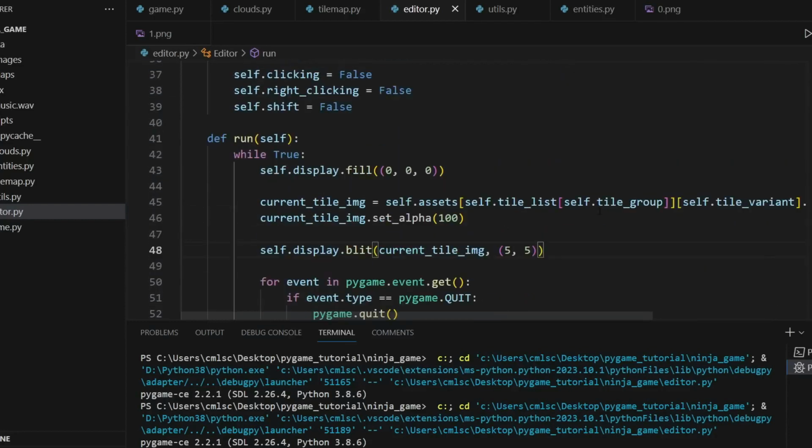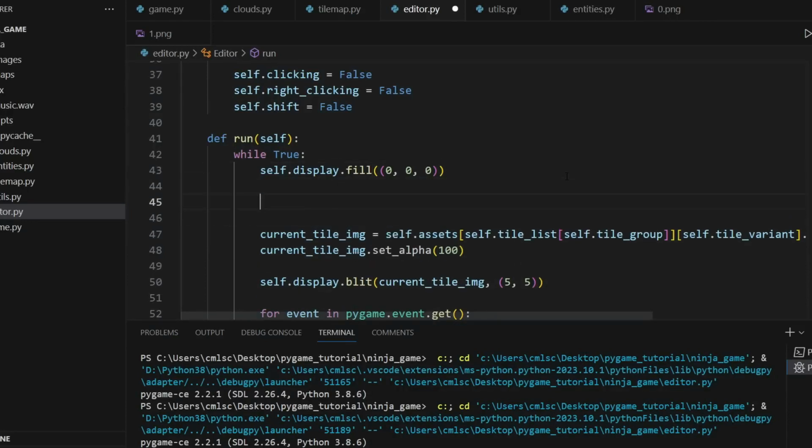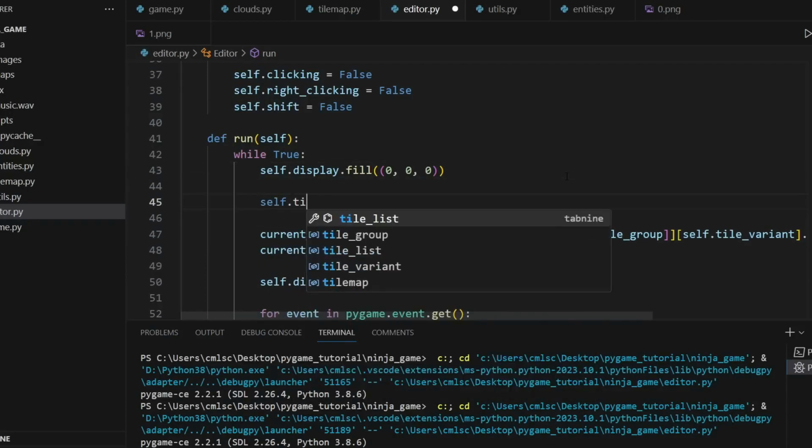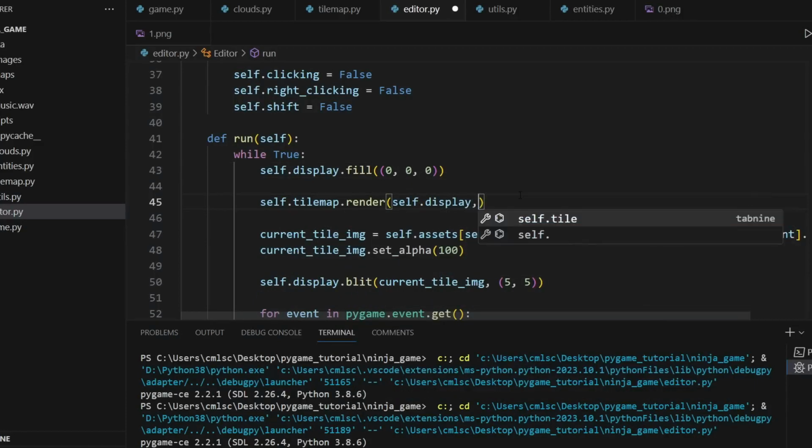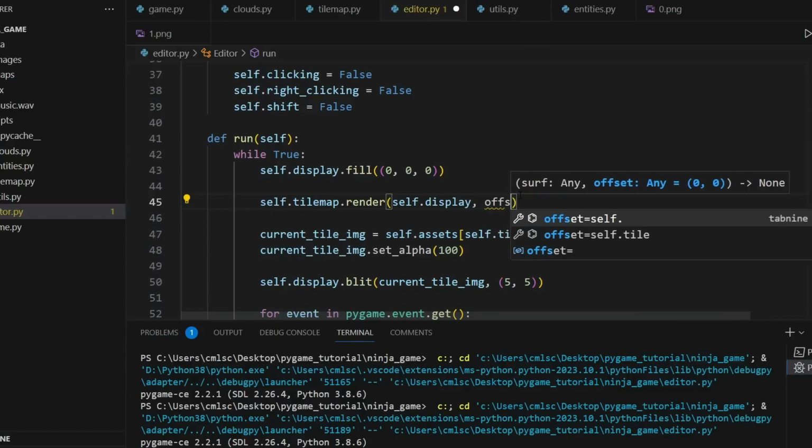So let's go over here. And this is where we need to start rendering our tiles and doing all of that magic. So let's start by rendering our tile map, which we can do right over here. We can say self.tilemap.render, self.display, and then we can give it our offset, which